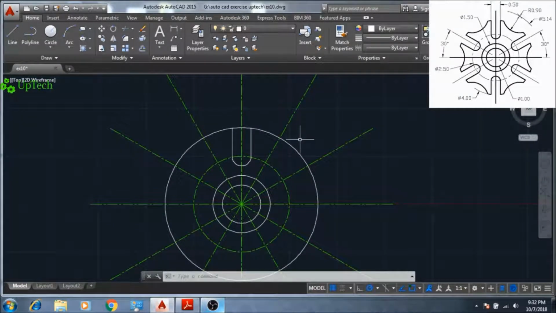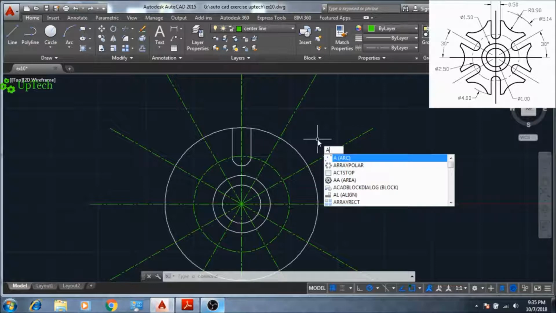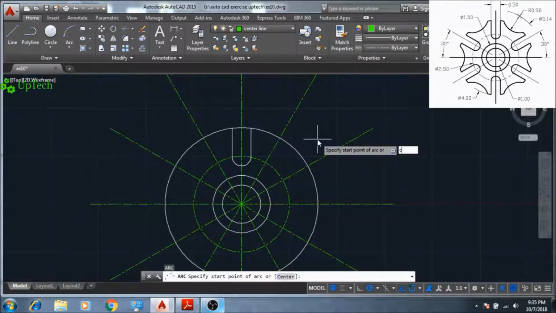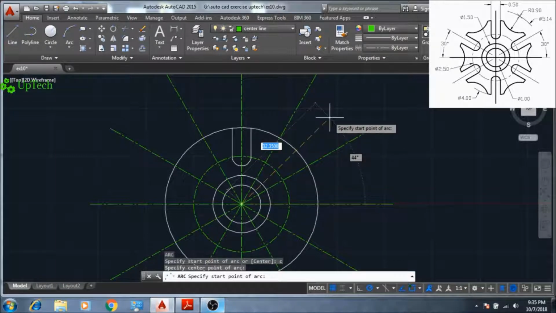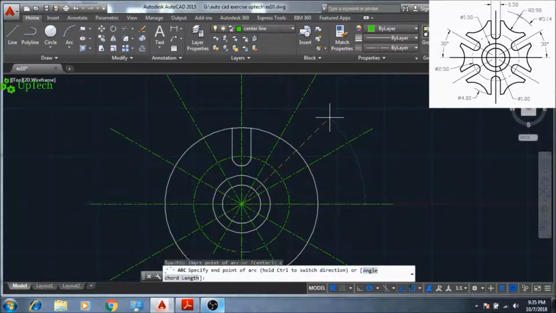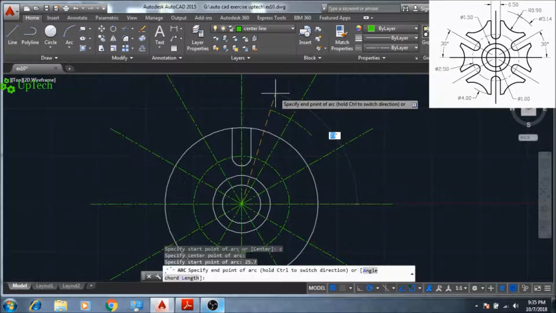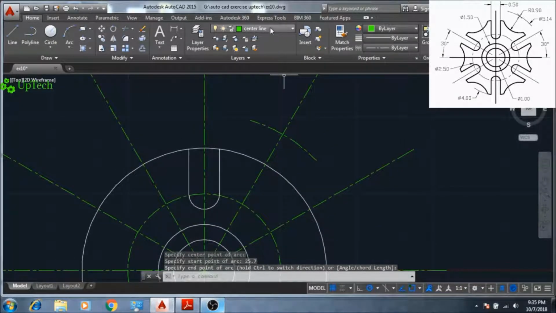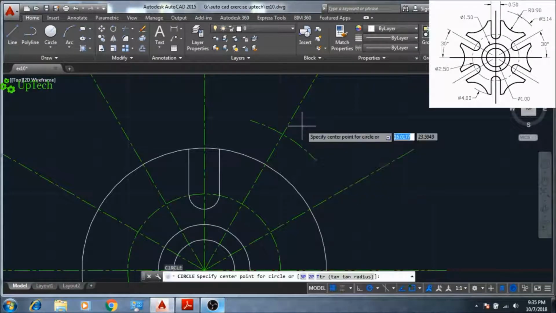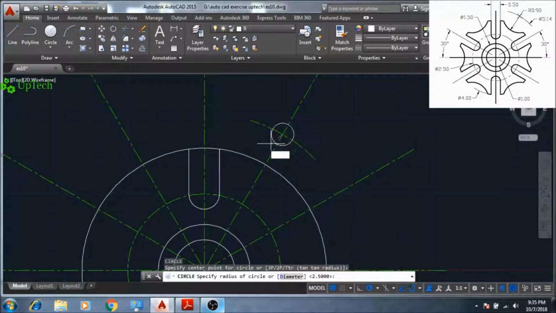Next, change layer tool from layer toolbar to center layer, and then take arc command A, enter, and for center point C, enter, and specify center point of arc. Start point is at 25.7 radius, enter, and second point. Next, change layer tool from layer toolbar to default layer and take circle command C, enter, and specify center point of circle